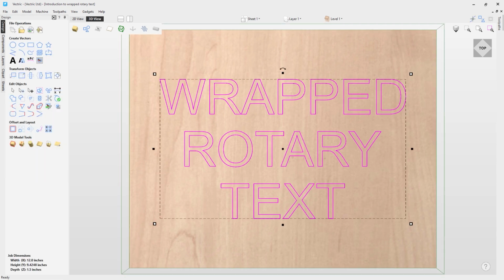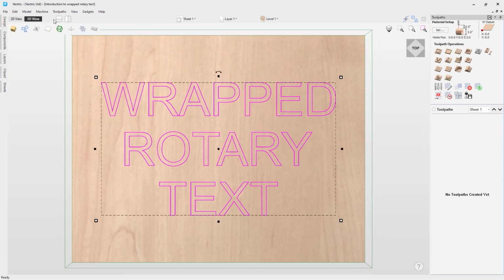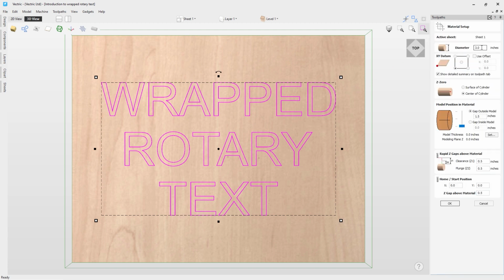So now let's look at creating some toolpaths. To do that, we need to pop over to the toolpath menu. So let's click on this button here to switch over to the toolpath menu. And the first thing we need to do is check our material setup. So click on Set, and our diameter is 3 inches, XY datum on the bottom left, Z0 off the center